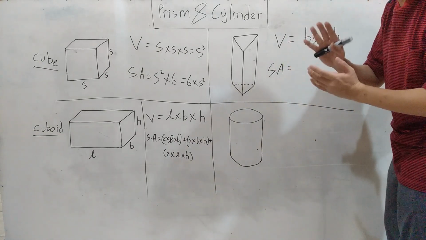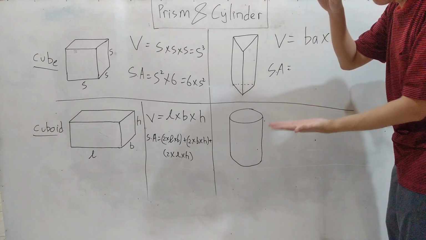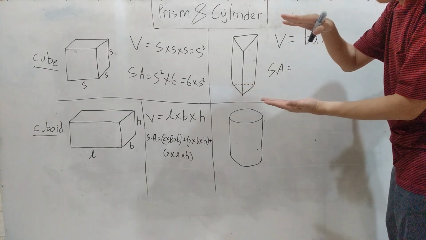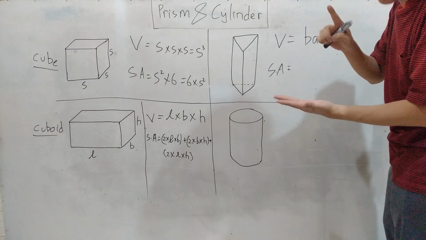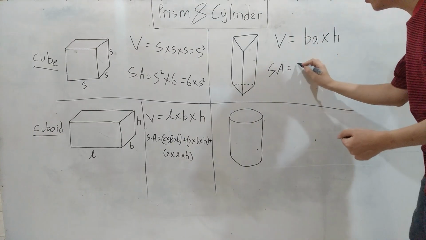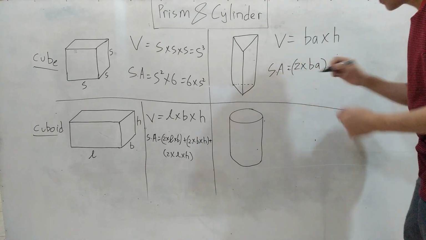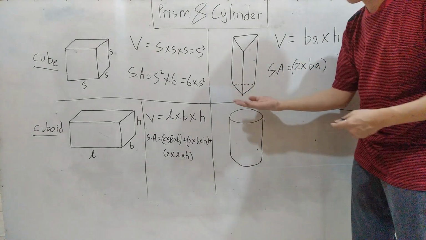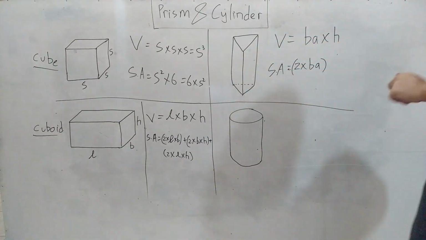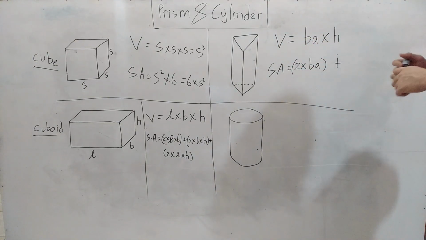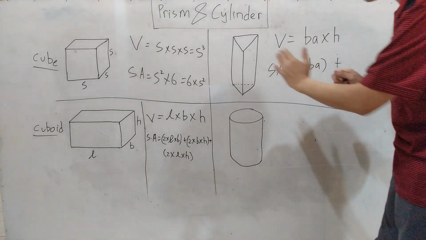We will count, the first thing that we will count is the base area and the top. So you will add that, base area, 2 times base area. Okay, it doesn't matter what the base area is, so 2 times the base area, plus. Now, can you imagine if I open